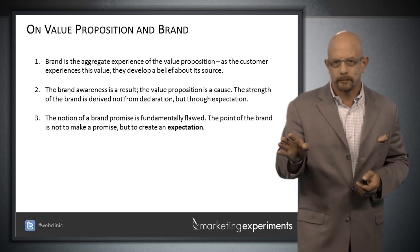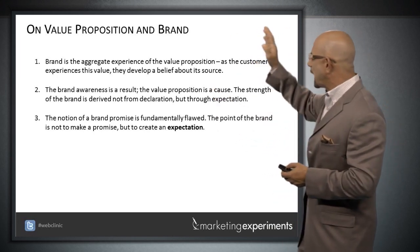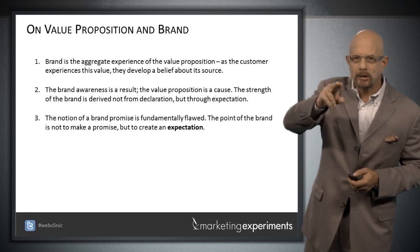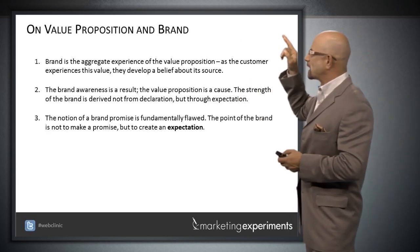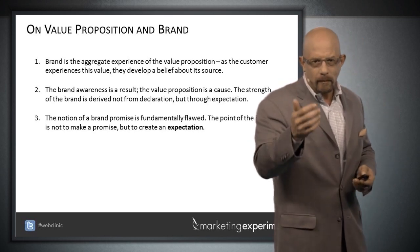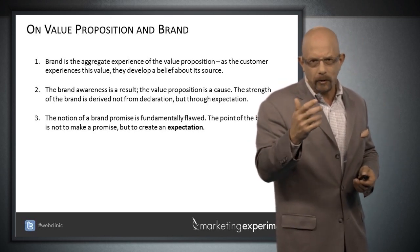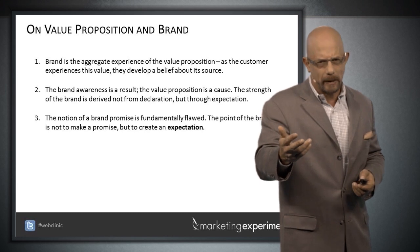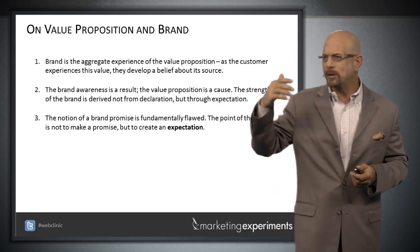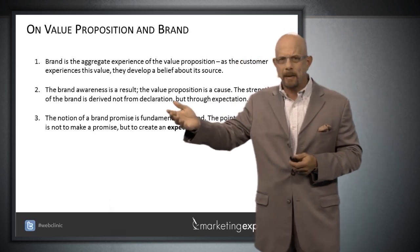I'll say more about that. The notion of a brand promise is fundamentally flawed. The point of the brand is not to make a promise, but to create an expectation. When somebody selling you something promises you, it's natural that your guard goes up. It's natural that you are suspicious. It's natural that you're in a defensive posture, because people who sell things to us every day make promises they